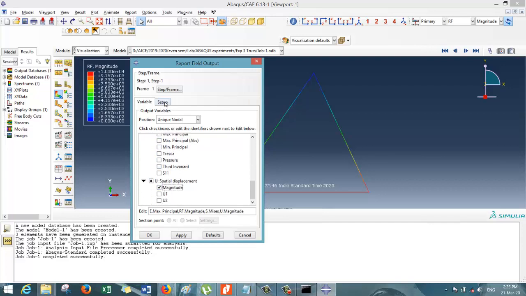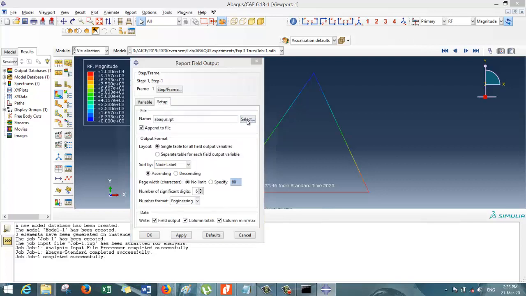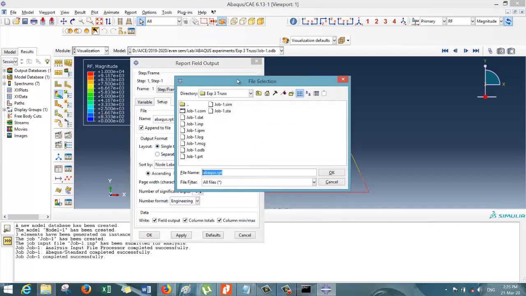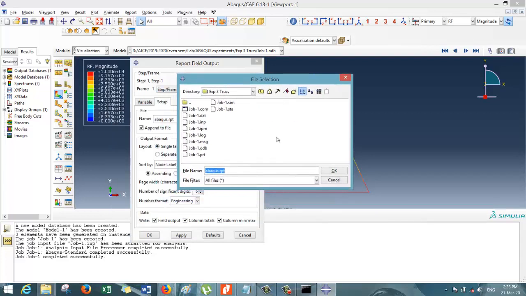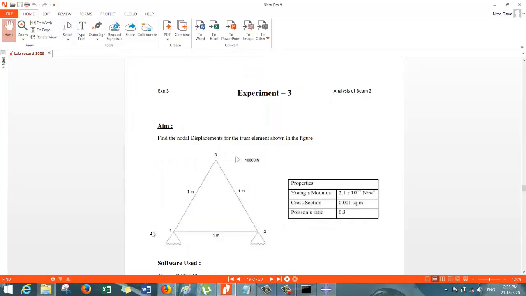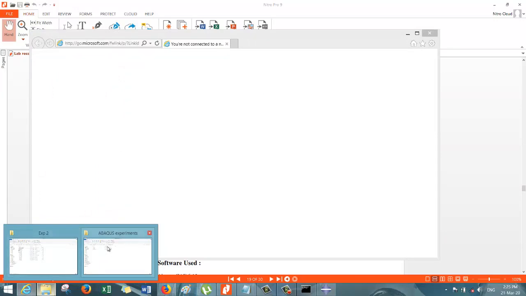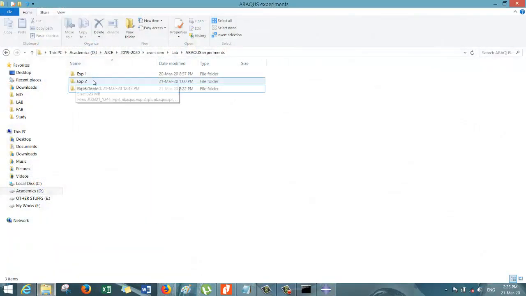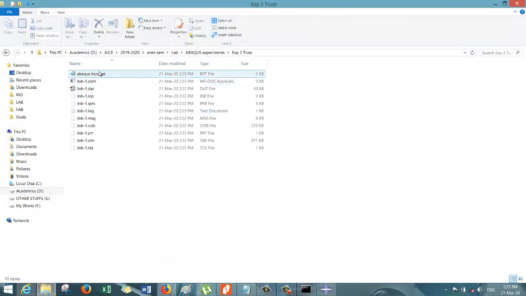And where you have to get this report file, we have to select over here in the setup. So you can see that experiment 3 truss, which is our working directory. So in that I am creating the report file, Abaqus truss. Now click OK. So you can see that Abaqus experiment 3 truss, here you have got the report file.